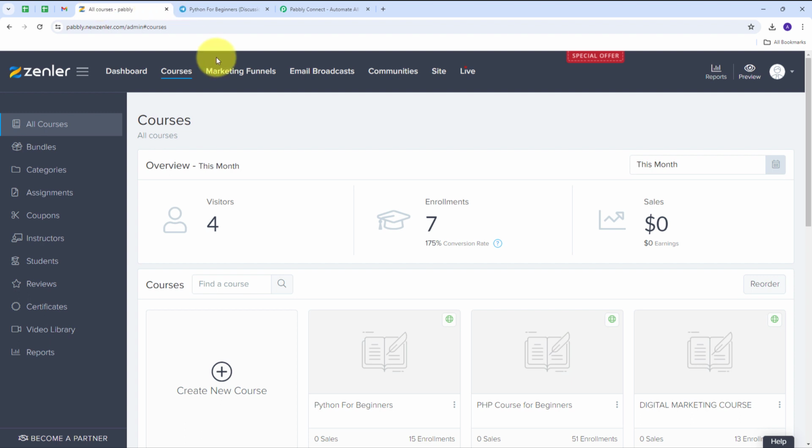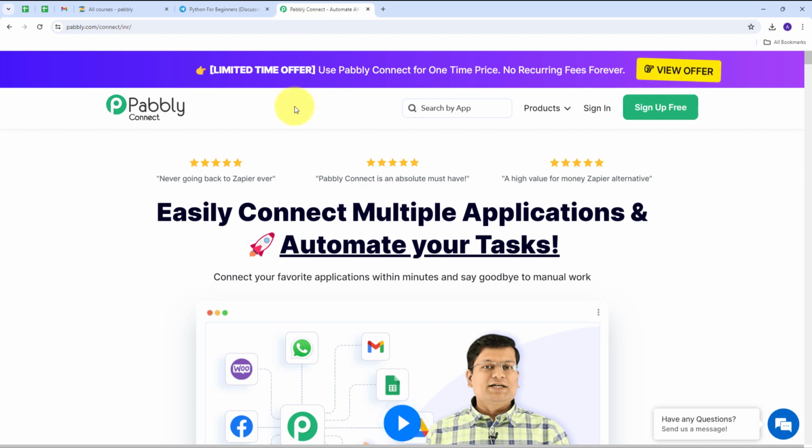So for setting up this connection and automation, I'm going to use Pabbly Connect. And with Pabbly Connect, this automation requires zero coding and programming skills. Now for using Pabbly Connect, we need to search for pabbly.com/connect in our browser, and it will take us to the landing page of Pabbly Connect. Here we have two options, sign in and sign up for free. If you don't have any account with Pabbly Connect, then you just have to click on this sign up for free button, and it will take only 2 minutes of your time, and you will get 100 tasks free every month. Or if you already have an account, you can just sign in